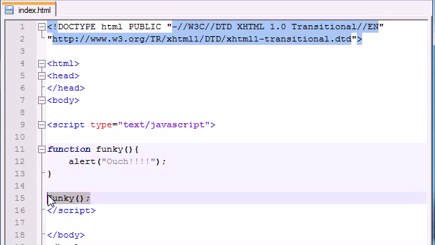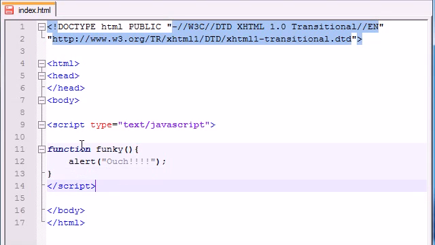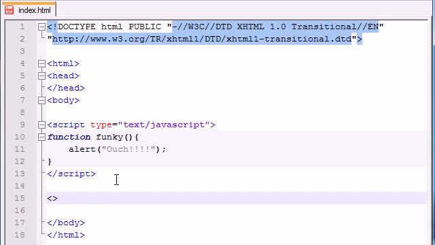So let's go ahead, instead of just calling it right away, let's add a form on our page, because if we add a form, we can add buttons. So actually we need to do that outside the JavaScript, since it isn't actually part of JavaScript, it's part of XHTML. So go ahead and add a form